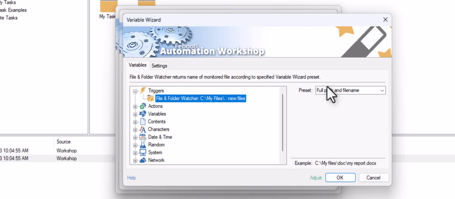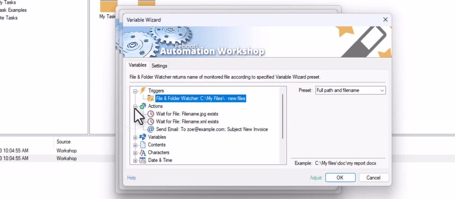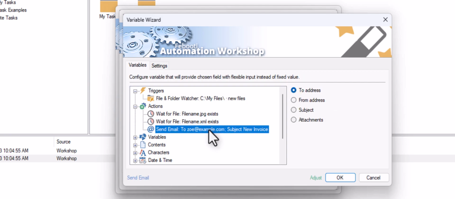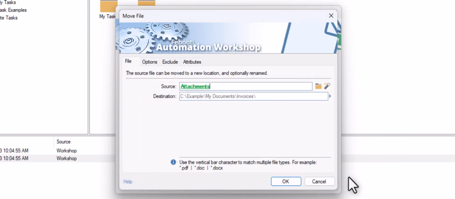Let's locate our Send Email action, and I will use the attachments variable. This variable contains all file names that were attached to the email message. For the destination, I am typing in the path to my archive.